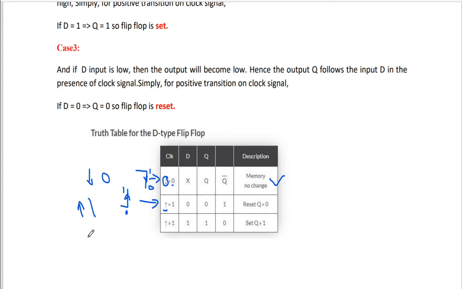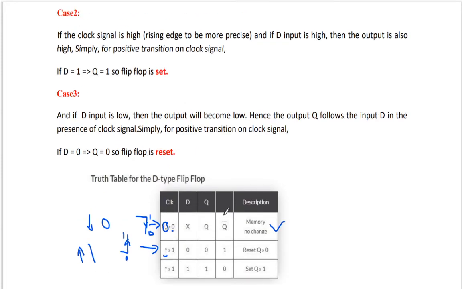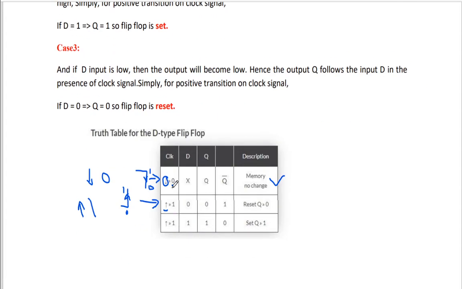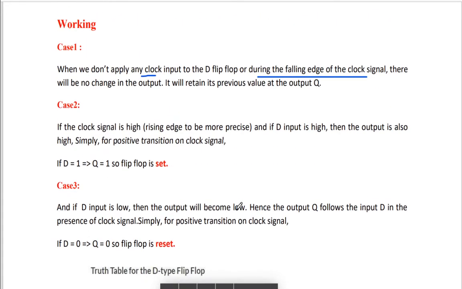Okay, it is one and the same. It is left to you, you can use any means to represent the clock signal. Now here you see that when the clock is 0, whatever input I apply, that is the x value, may be either 0 or 1, the values stored inside Q and Q bar will not change. So the memory value stored in Q and Q bar will not change.